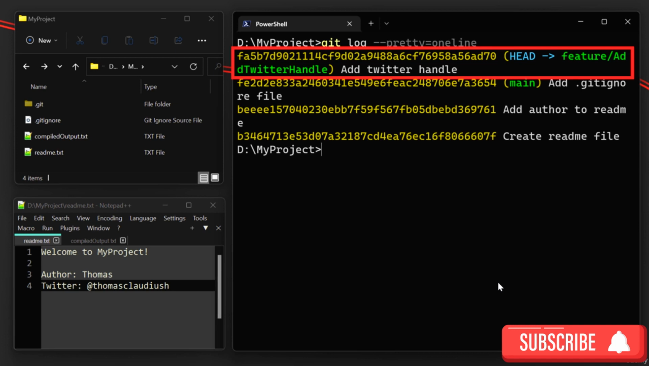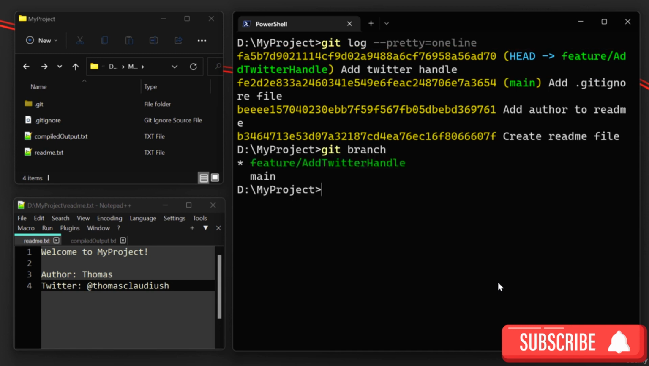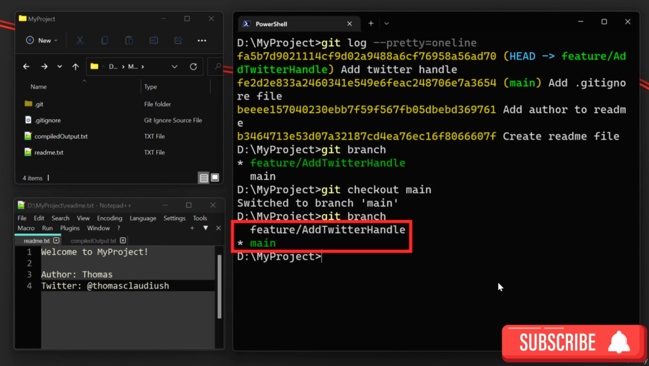Now you want to bring this commit also to the main branch. As you just saw, currently we are here on the feature branch. To switch back to the main branch, you use again the git checkout command and then the name of the main branch. Let's hit enter and let's type in git branch again, and now you see you are here on the main